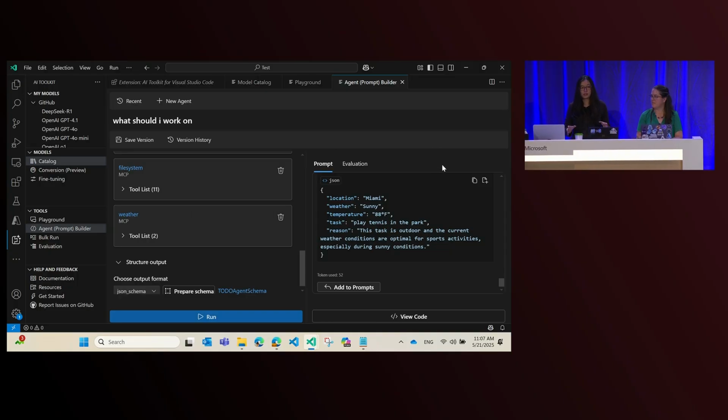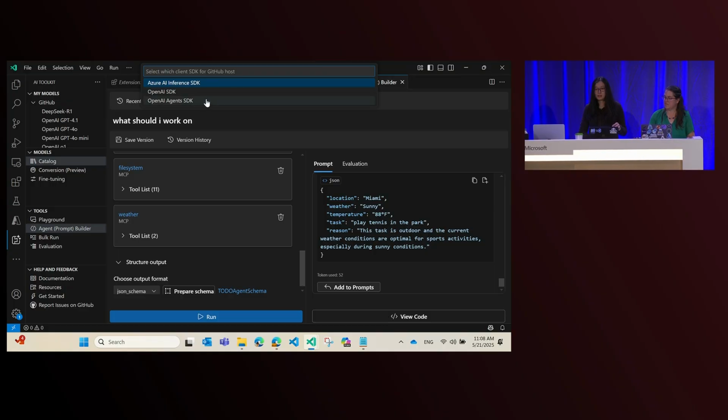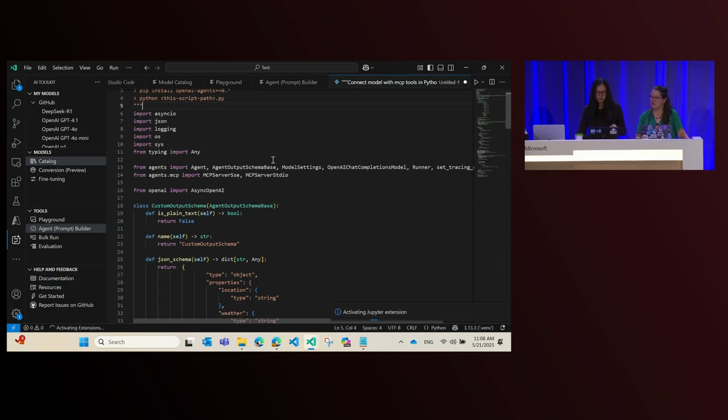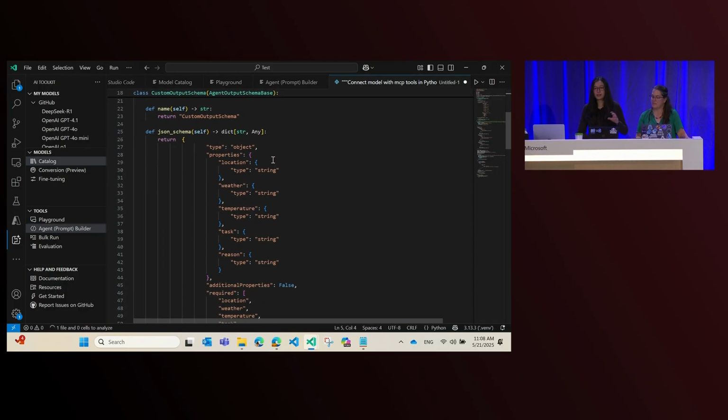OK, so the last one I want to show you before I switch back is this. Even though I showed you a lot of features in a UI component, it's not about doing magic using UI, because developers love to have control over what is happening and have clarity on what's happening. So you can actually get into code right here. We have different SDK selections. AI agent will be one of them. And this basically took everything I've defined in the UI and put that into a code snippet.